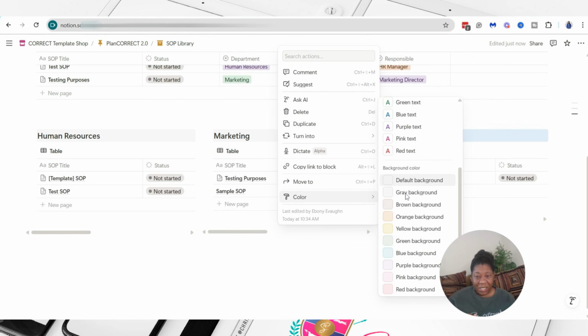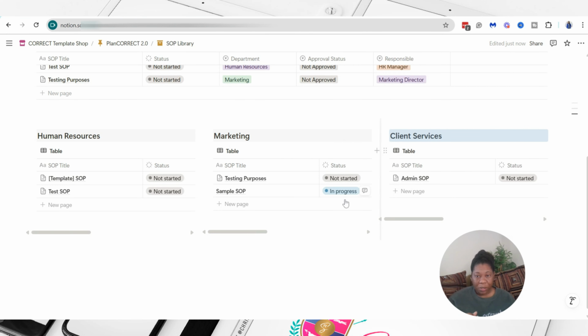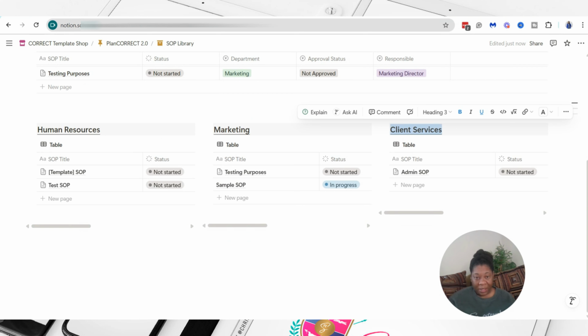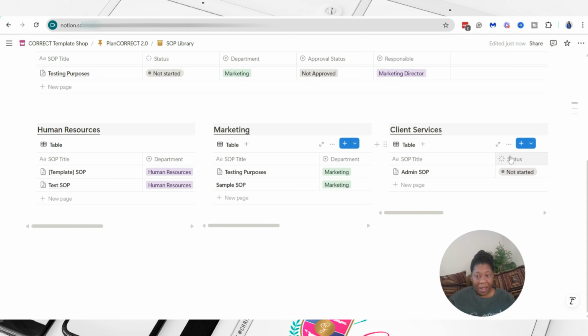This isn't necessarily required because you can also search your database for specifics, but I do find that if you have a larger company or a lot of SOPs, then it helps if you can break this down into categories, and it helps you to find things a little bit faster. And we don't have to see the status on this, so we can hide that. We can hide all of this stuff,